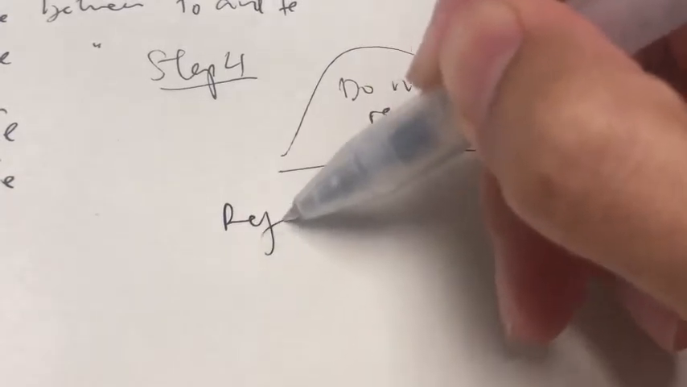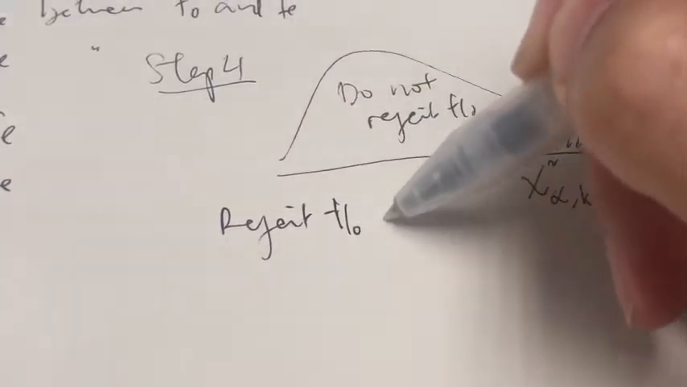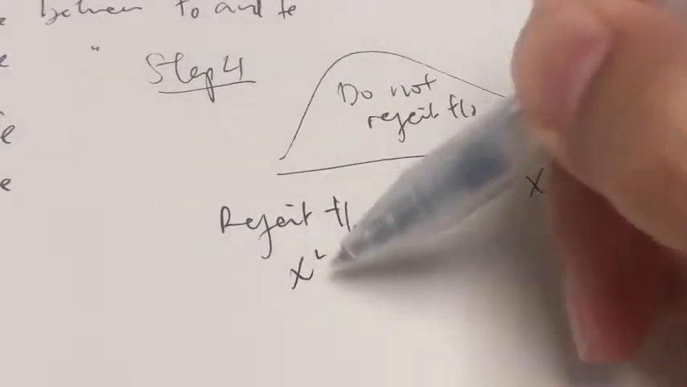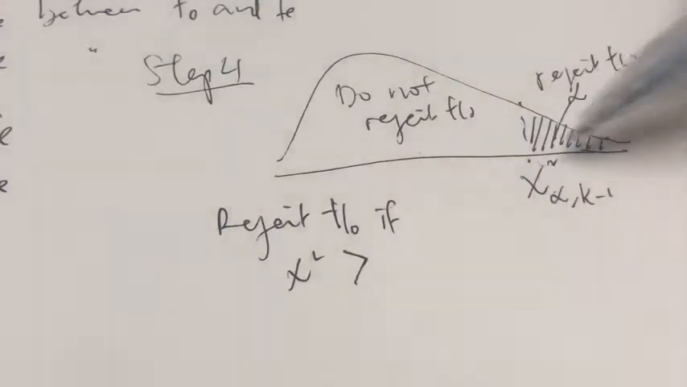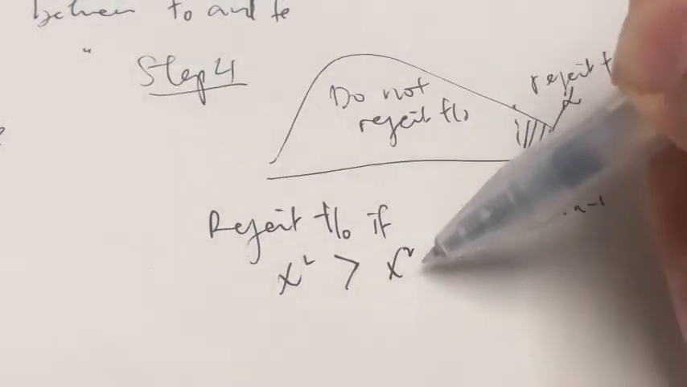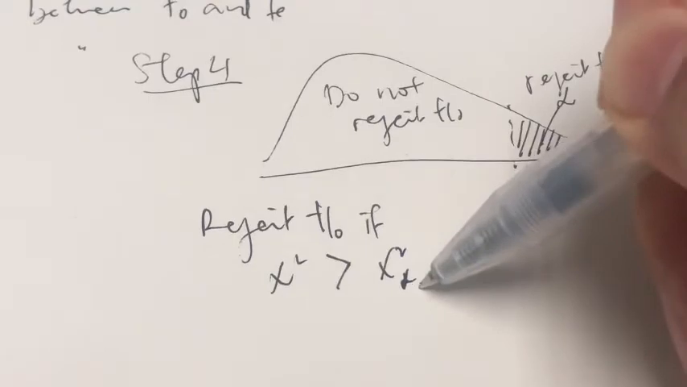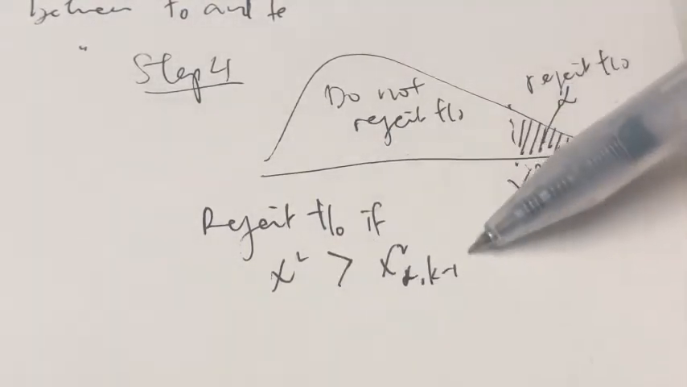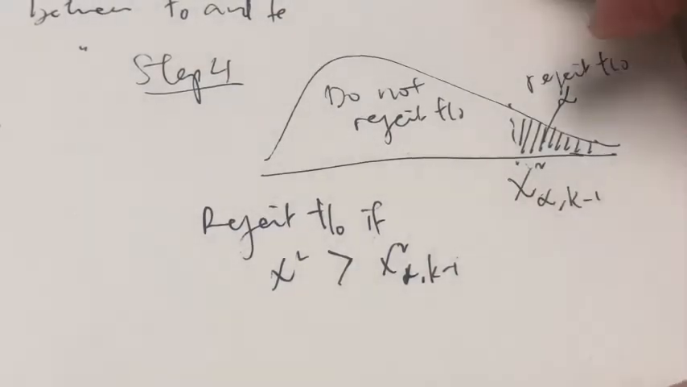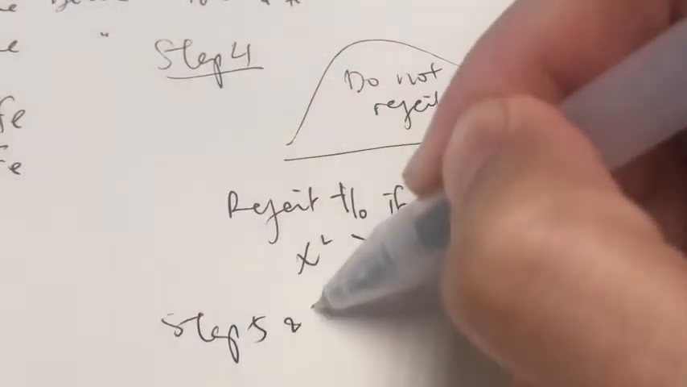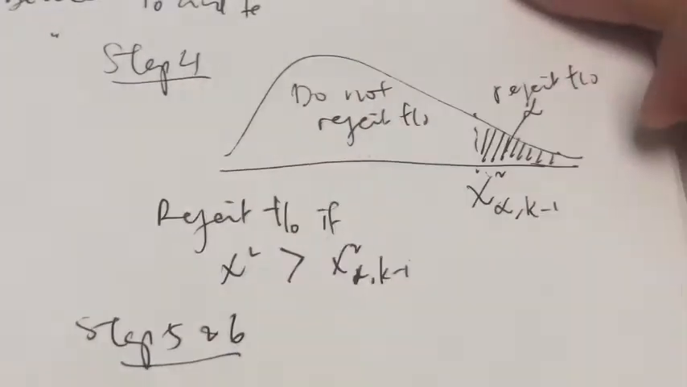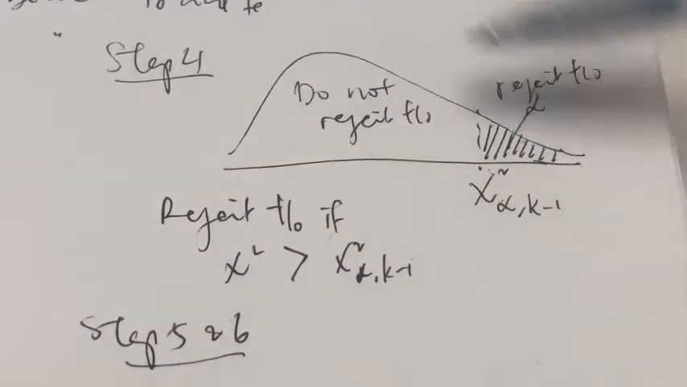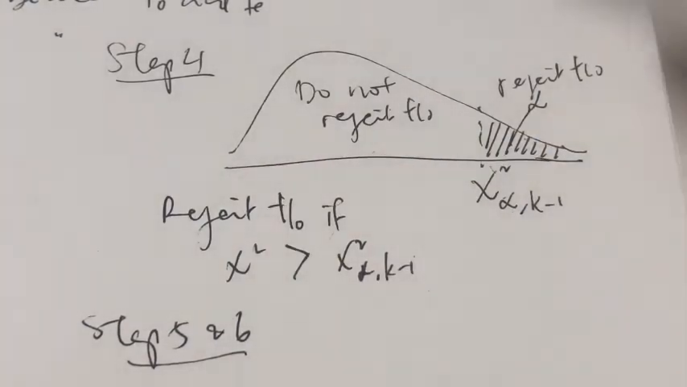Of course, don't forget to write down your rejection rule. Reject the null if the chi-square test statistic is greater than the critical value, which is this one. Remember, this one is the test statistic, and here is the critical value. And then you proceed with steps 5 and 6. Step 5 is to make the decision whether to reject or not reject, and